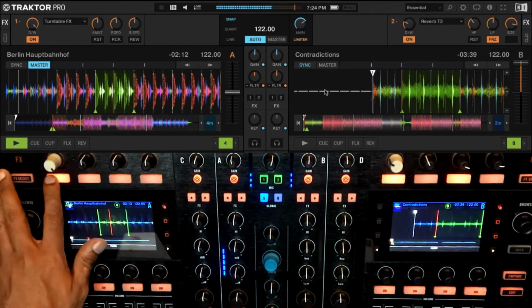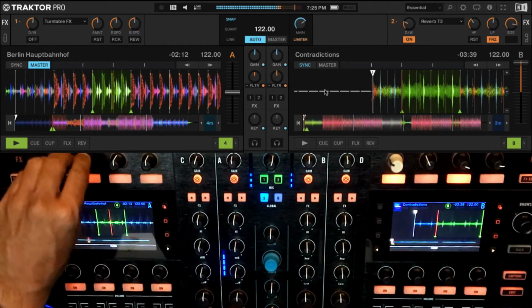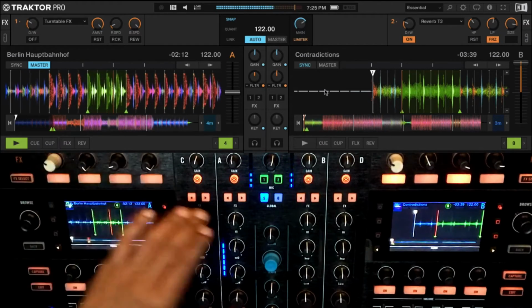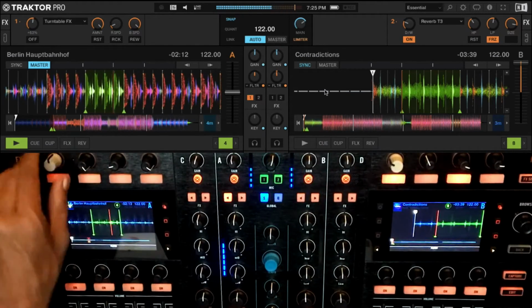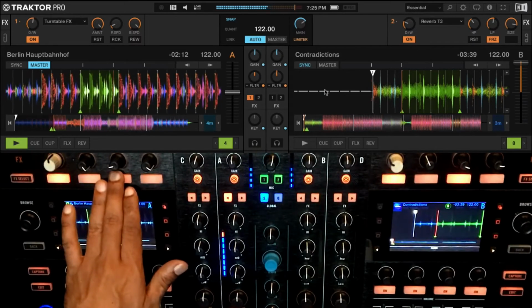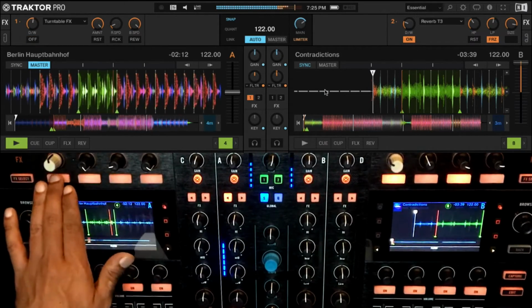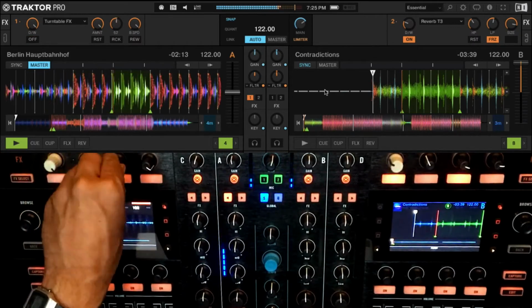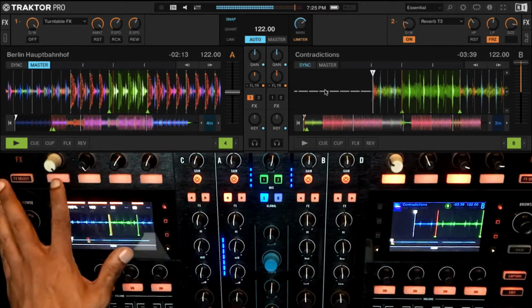Yeah, it's like a vinyl break. So let's have both of this, certain places. Okay, let me have it to 100%, set these values correctly.